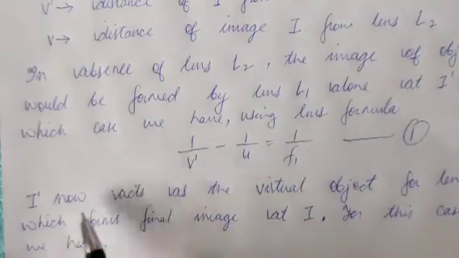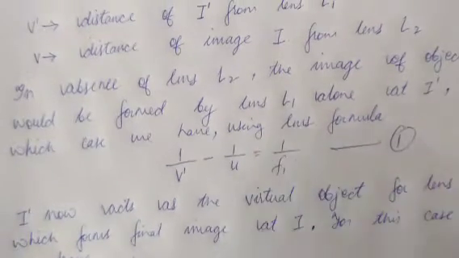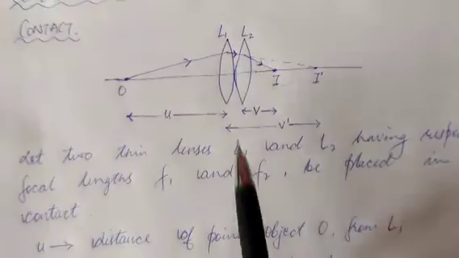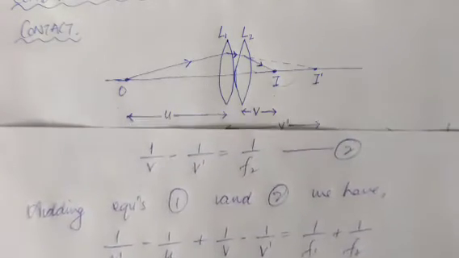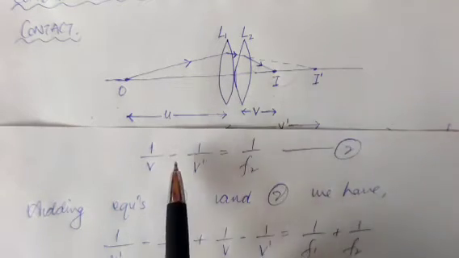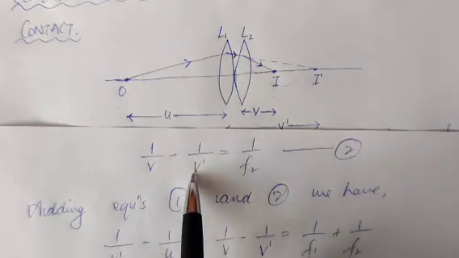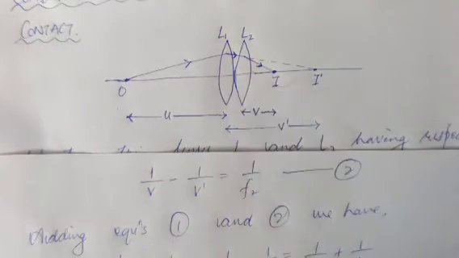That is what I've written here also. I dash now acts as the virtual object for lens L2, which forms the final image I. Therefore, for refraction taking place through the second lens, using the lens formula, we get 1 by V, which is the distance of the final image, minus 1 by V dash. Now, this is the object distance now. V dash is the object distance for the second lens, equal to 1 by f2, the focal length of the